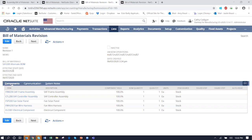It also has an effective date. So these revisions become effective, and that's what allows the work order process to default the appropriate revision based upon the production start date. Okay, now let's look at how we would create an engineering change order that would then modify one of these